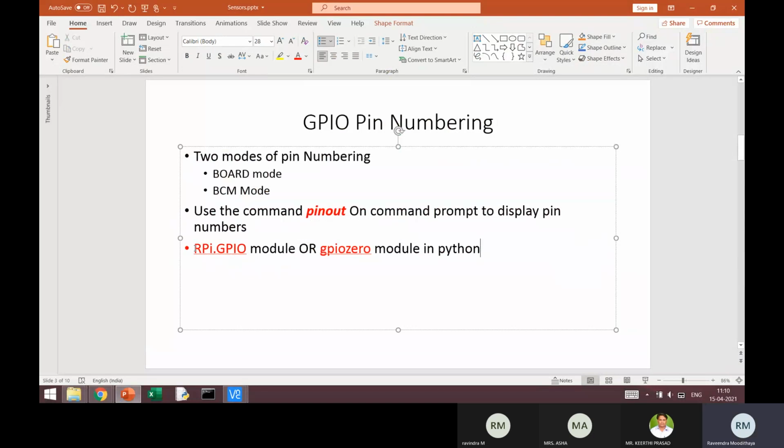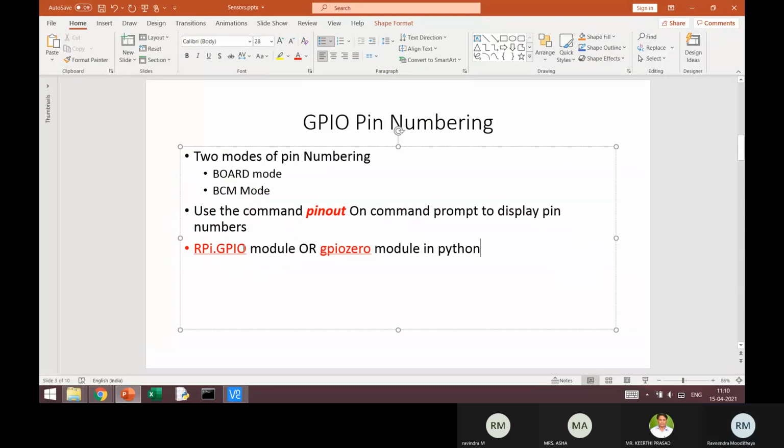Whether it is an input pin or an output pin. If an LED is connected to it, by writing 1 to that I can turn on the LED, or by writing 0 to that I can turn it off. So to do this, one library is required. One such library which has been commonly used ever since the Raspberry Pi was introduced is rpi.gpio.